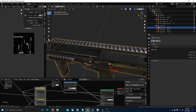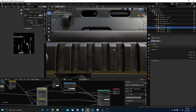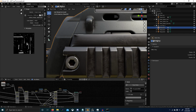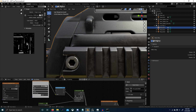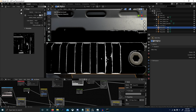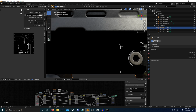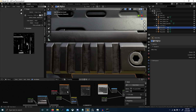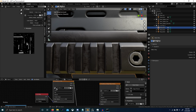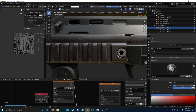We could actually, instead of doing that, I want to add a little more edgewear, so let's go to, I think it's this? No, it's this one right here. So let's go to this image, copy, paste, and now let's go to texture paint. We can just select everything, and with our texture draw brush,